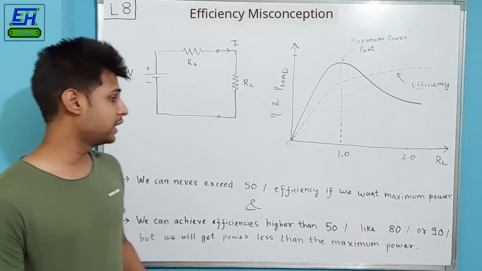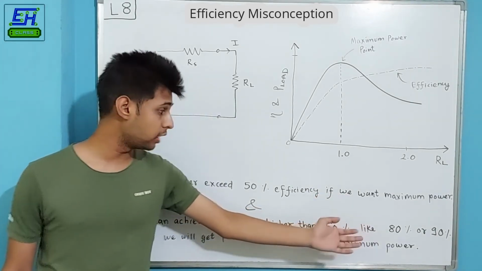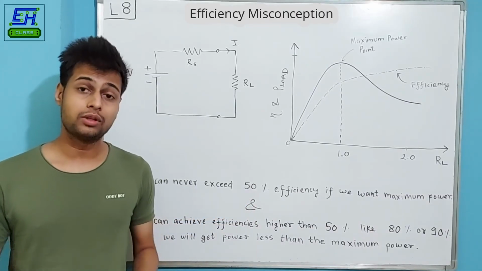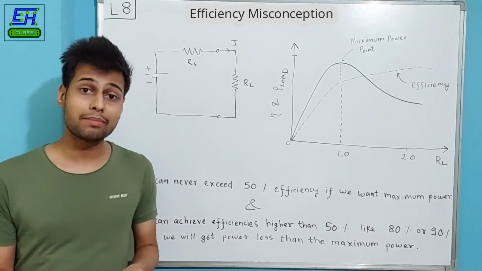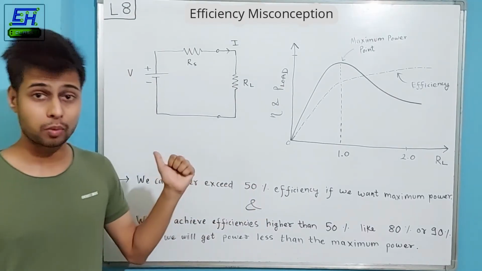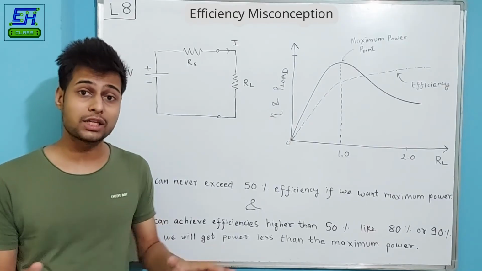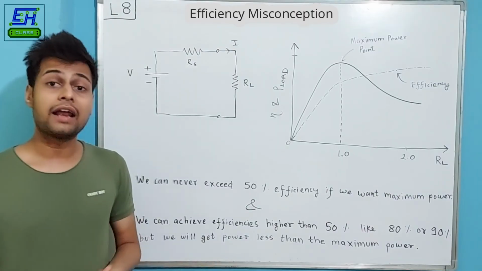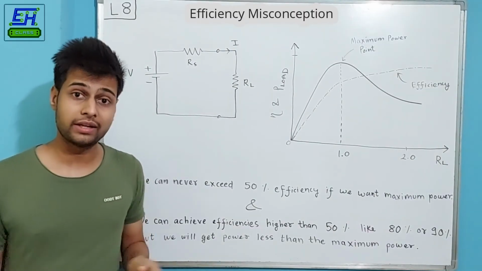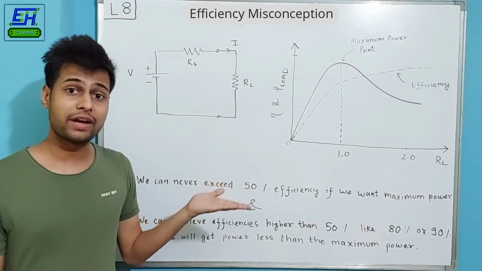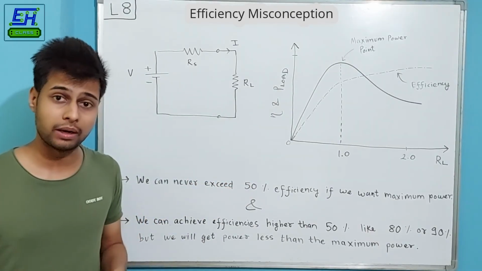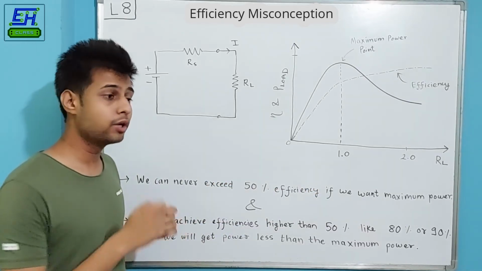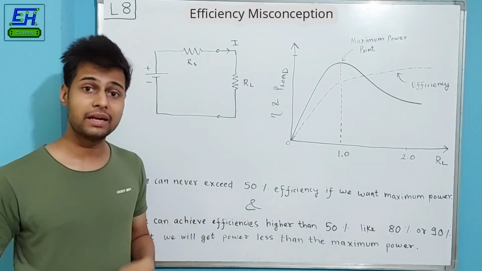So the cases where we require maximum of the power to be delivered to the load, even if our efficiency is just 50%, are applications like antennas. There is always an impedance matching between the antenna and its preceding amplifier output stage. If there is any impedance mismatch between the antenna and the preceding stage, then there will be signal reflections occurring, which we should avoid at any cost. There should be as minimum signal reflections as possible, because signal reflections degrade the original signal and hence they reduce the maximum distance to which the signal can be transmitted.